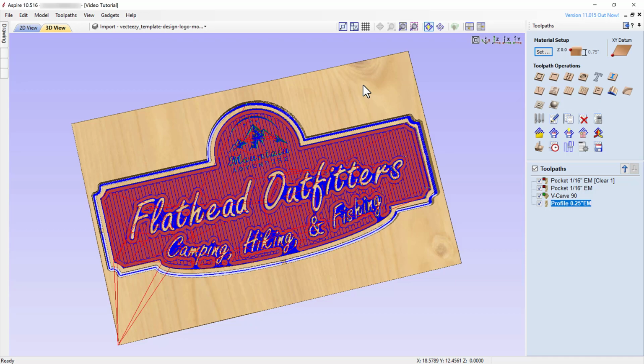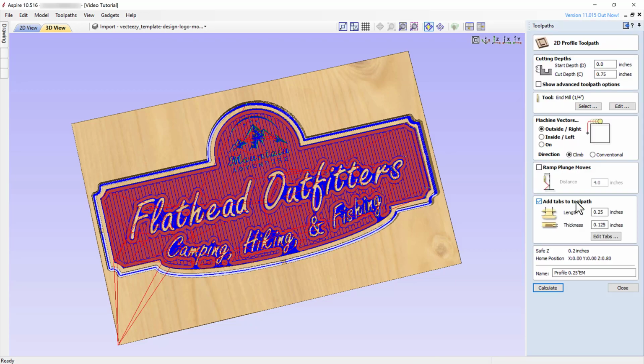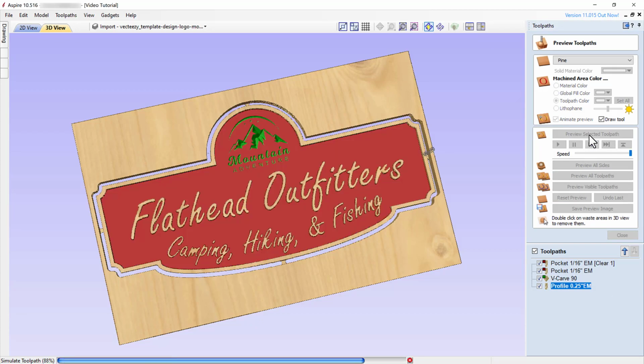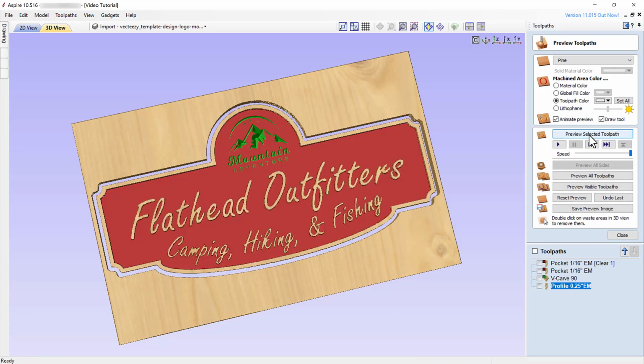So let's do that. Double-click on the Profile toolpath, uncheck the addition of tabs, and recalculate the toolpath. Then preview the selected toolpath, and you will see that the tabs have now disappeared.